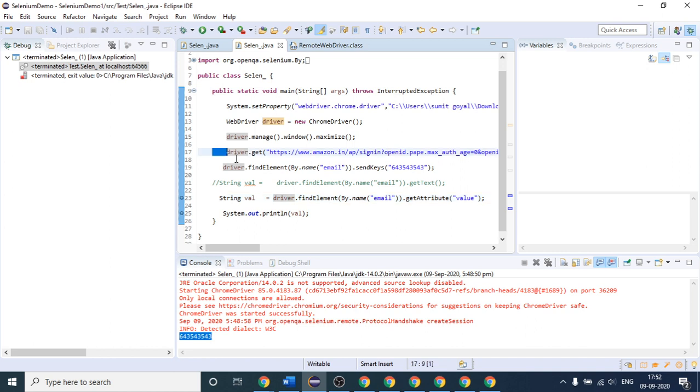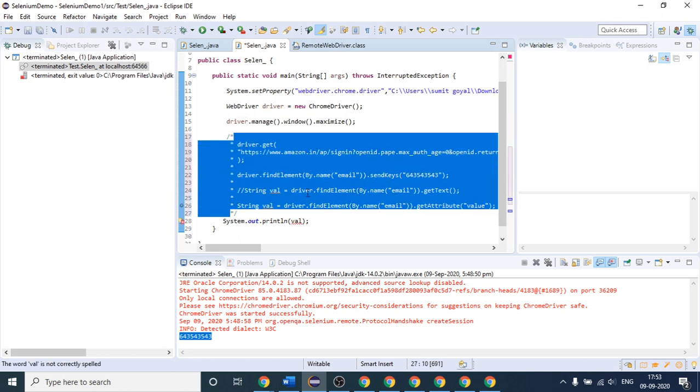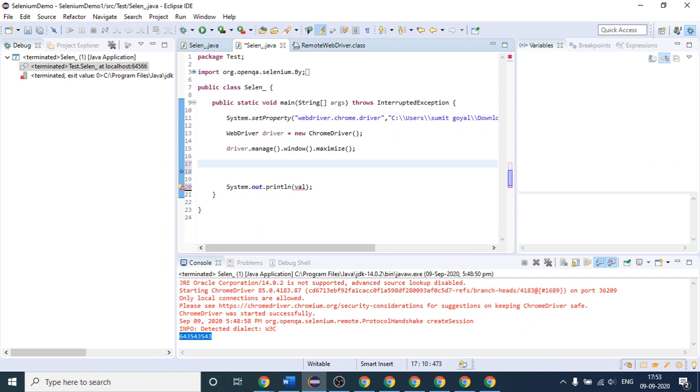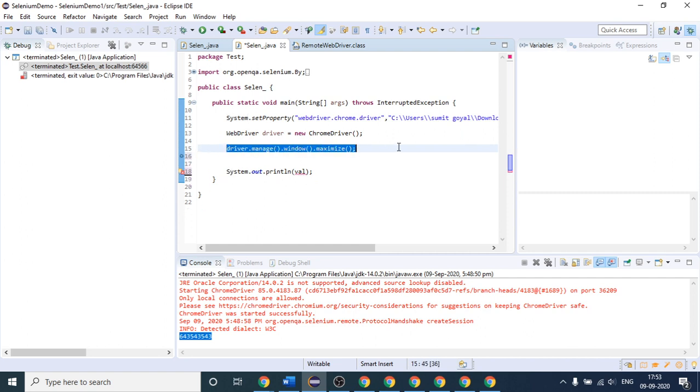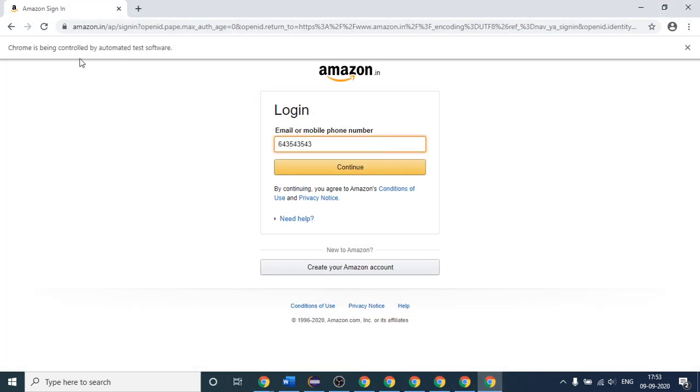Suppose I comment this like this. I think I will remove this, otherwise it will create a mess here. Actually, I will not remove this, and suppose I open one website again with driver.get. I think this is the website which we are working on, so let me copy this.